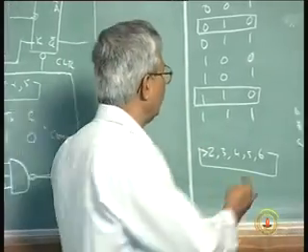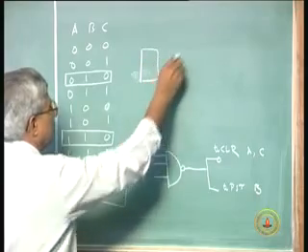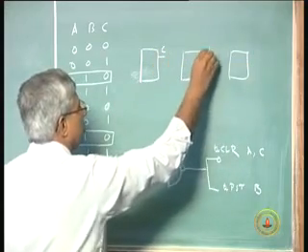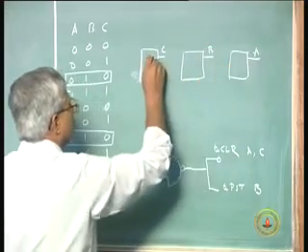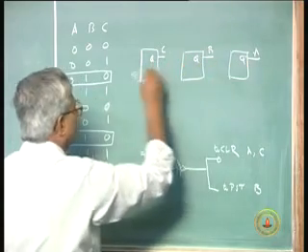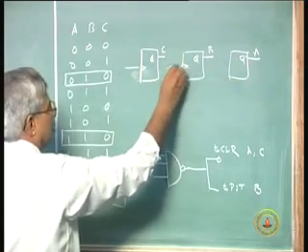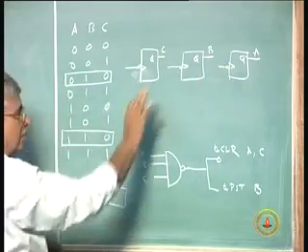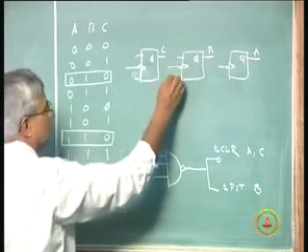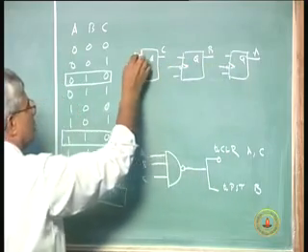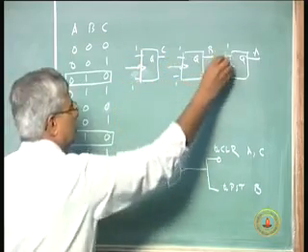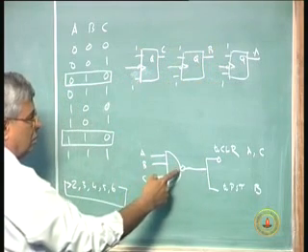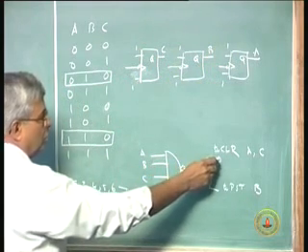So in order to complete the drawing, if you want to draw A, B, C, this is my C, B, A, Q. I will not show the rest of the drawing of J, K, etc. You know what it is. All J's are 1, K's are 1. Now, when A, B, C reaches 0, 1, 1, 1, this becomes 0, you connect this to the clear of